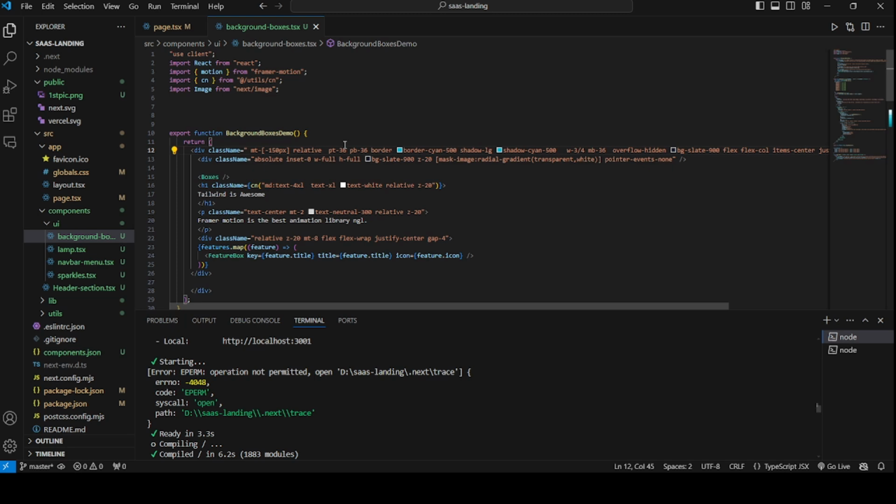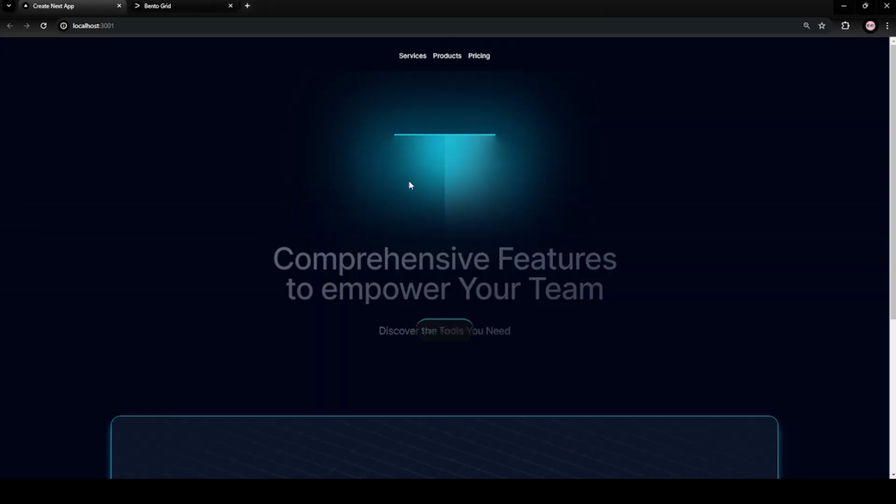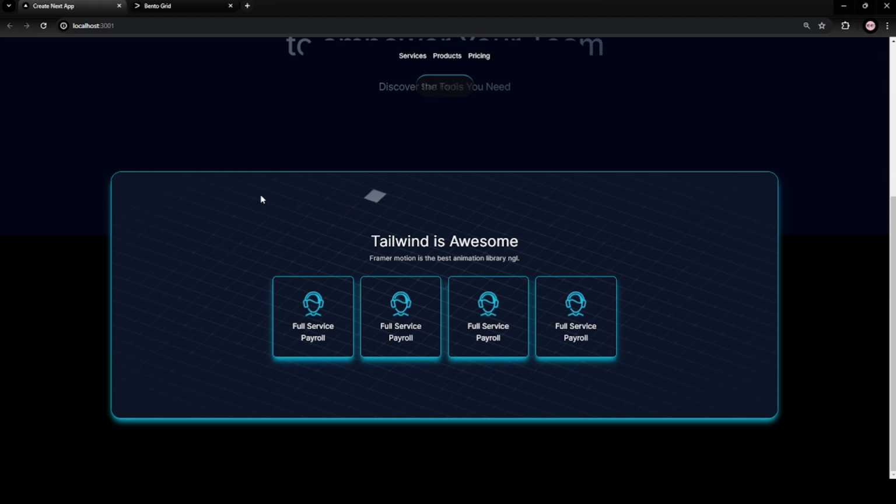And let's see if I just remove this height, what will happen? Because it is restricting our section to have more height. So let me just remove the height and see what is happening. Okay, now if I show you the whole setup, here you can see our section has become bigger. The height is increased and we have given the padding. We have given padding at the bottom and at the top.